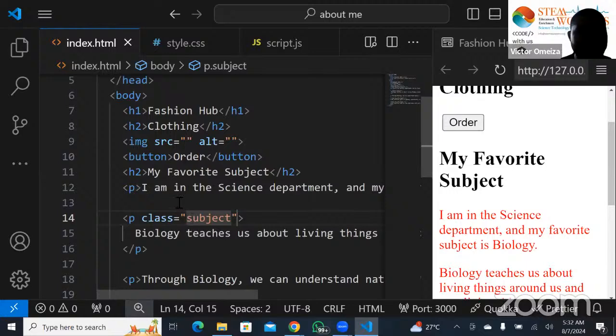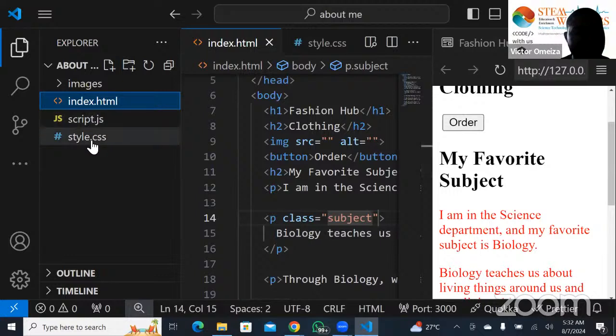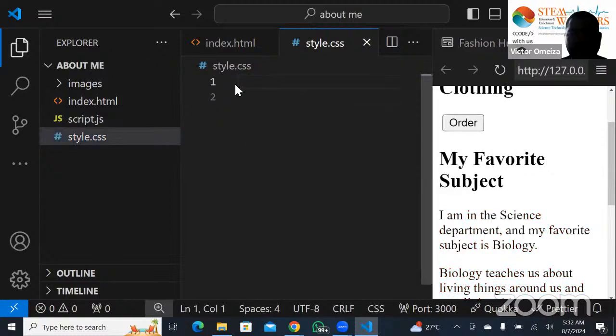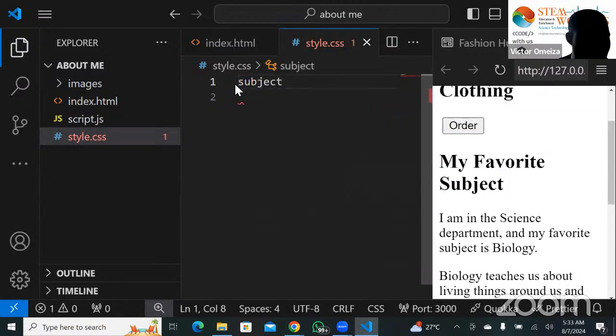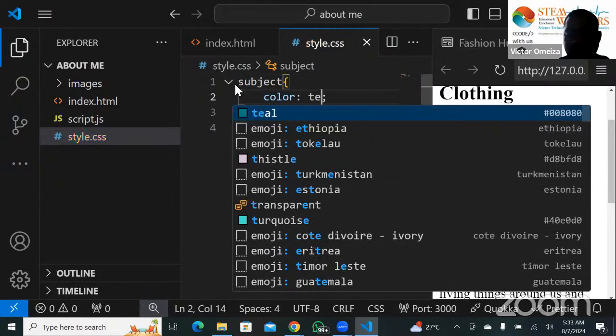Subject. Then I will now go back to my .css file. I'm going to say dot, class uses the dot character. If you don't add this dot, it will not work. For example, if I do just subject and say color should be teal,